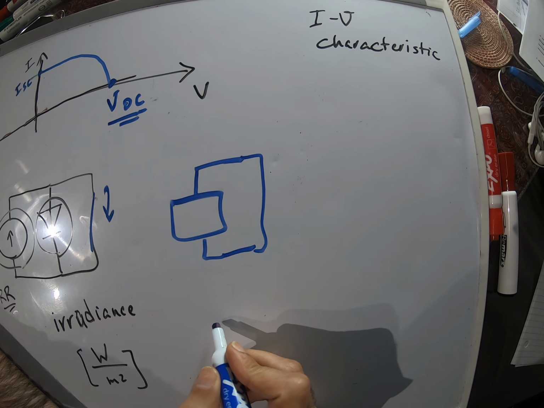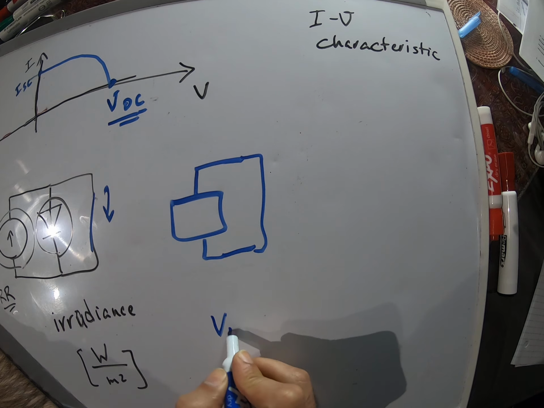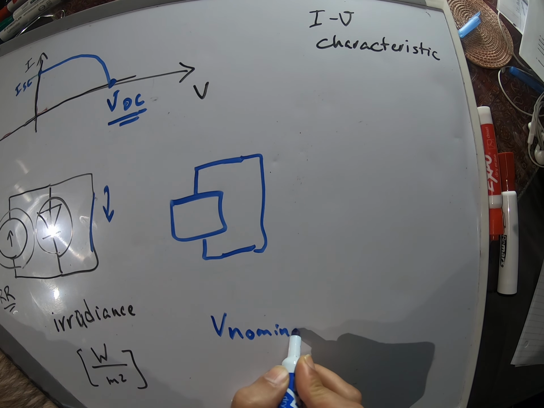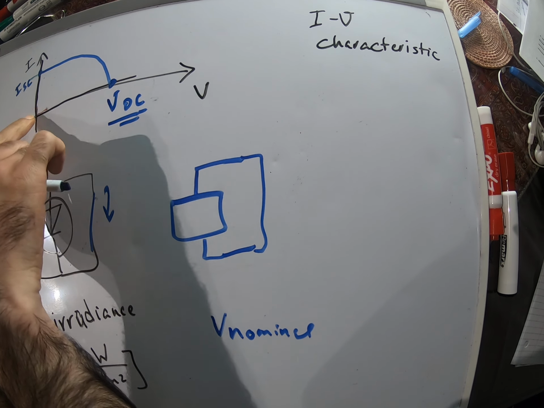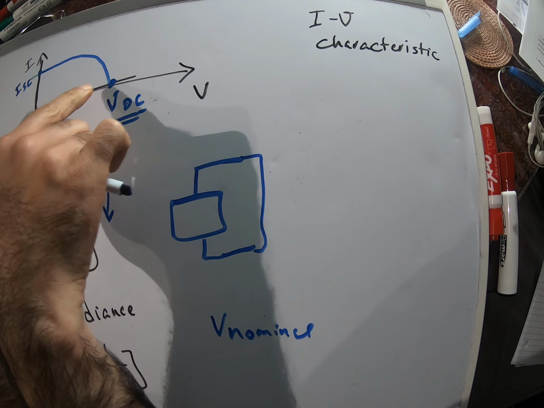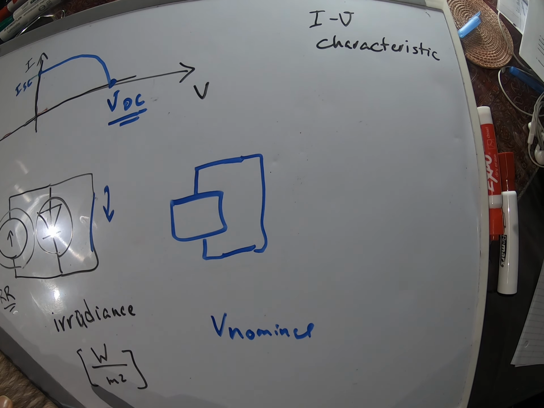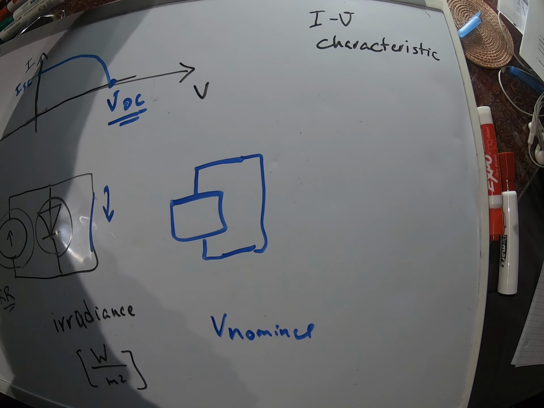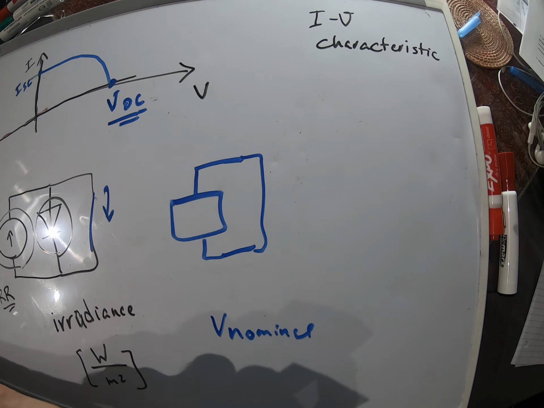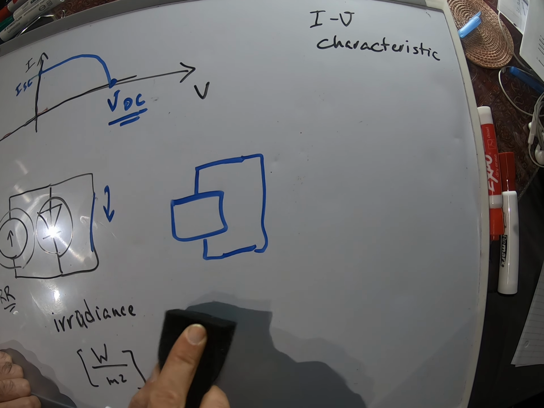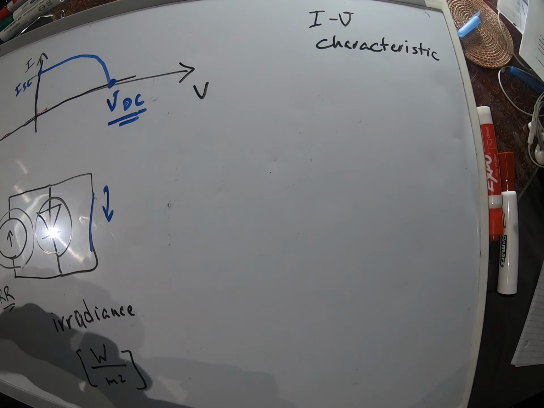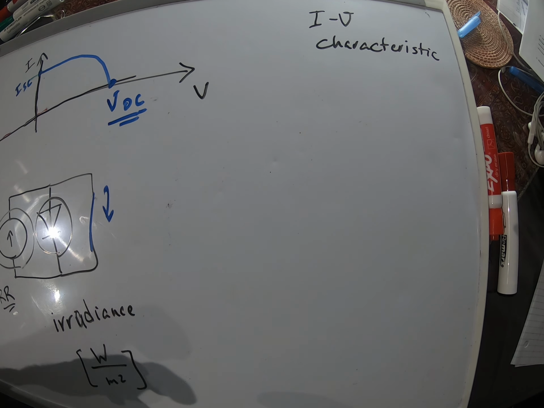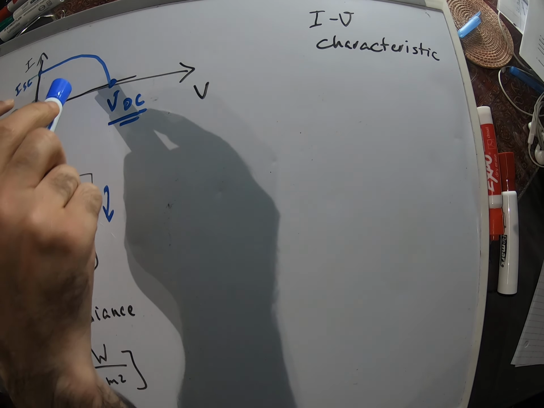Before I go any further, I want to mention that we categorize solar cells based on their nominal voltage. That nominal voltage is different from the open circuit voltage. That nominal voltage is somewhere in this range, before the open circuit voltage. So don't confuse nominal voltage with open circuit voltage. The nominal voltage is basically a way to categorize different solar cells. Now, this IV characteristic